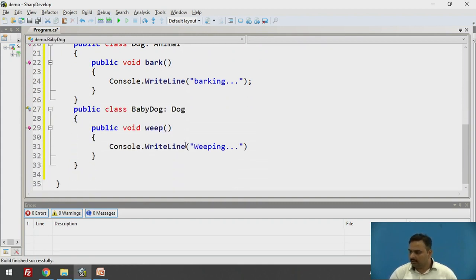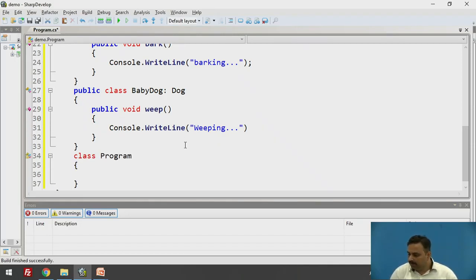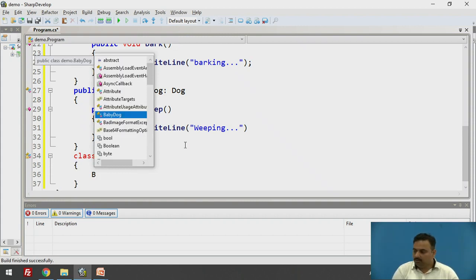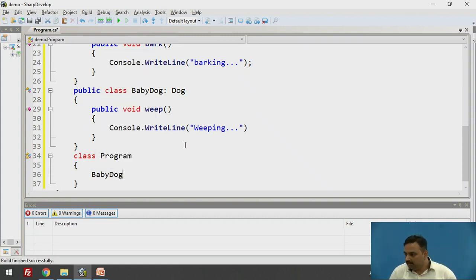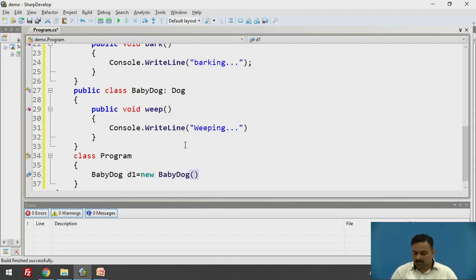So let's say we write here class Program, and suppose now we are creating the object of baby dog here, d1 equals new baby dog, obviously.